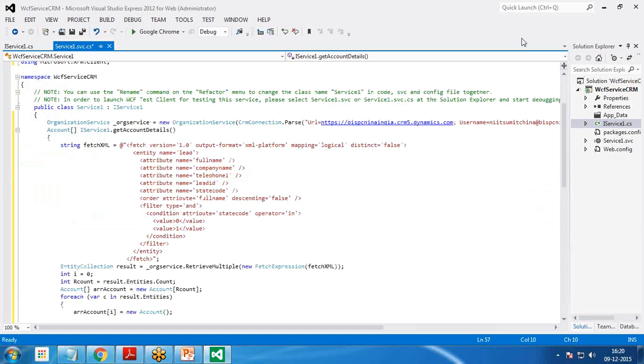So that's the code, and here what I have done, first of all I have created one function here. This function should return a value. Then I create one string as fetch XML, and I fetch that data in an XML format. So entity name equal to lead name, and attributes I want: full name, company name, telephone, lead ID, status code, order attribute full name, descending is equal to false, filter type is end type,